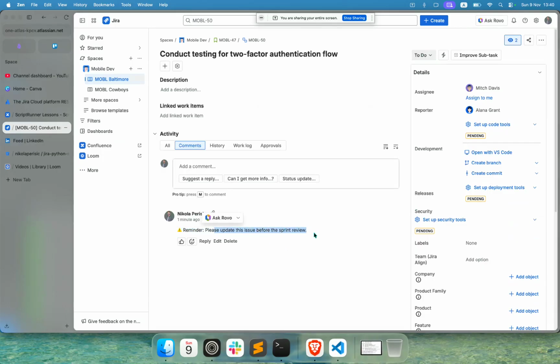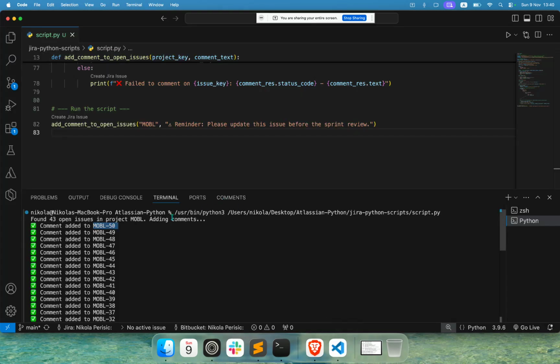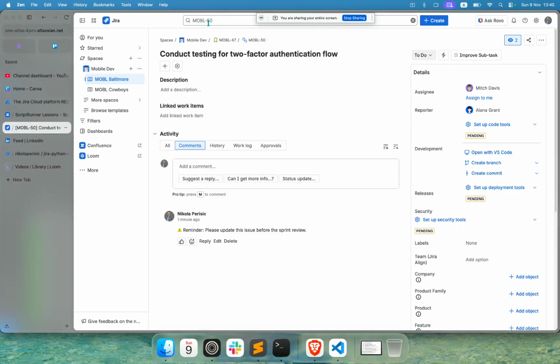And this is what we have. Please update this issue before the sprint review. It goes for more of them. So for example, mobile 49, and this means